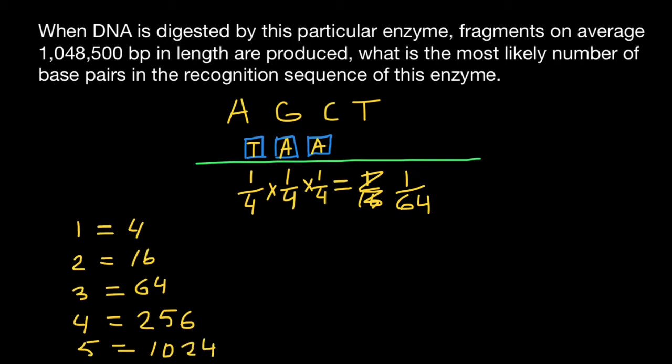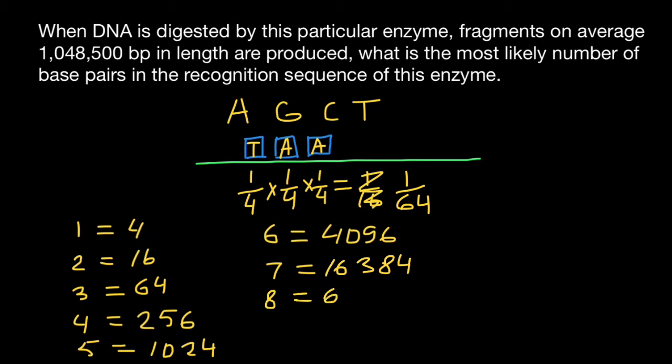With a recognition site which consists of 6 base pairs, we are going to get 1 cut every 4096 base pairs. With 7, we just have to multiply this number by 4, and this is going to be 16,384 base pairs. With 8, again, we multiply by 4, and this is going to be